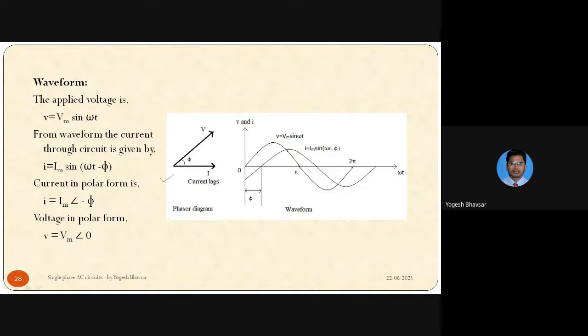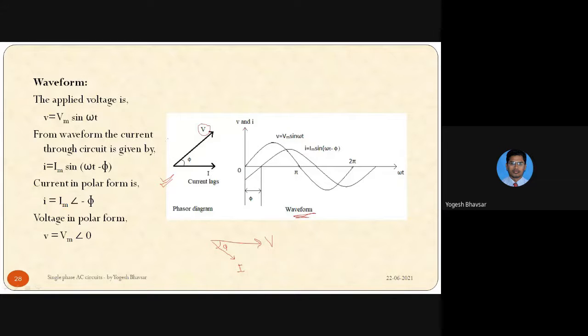Now with the help of this phasor diagram, what we'll do is reverse it. Initially in AC fundamentals, we saw how to draw the phasor diagram with the help of the waveform. But here we'll see the reverse, just for understanding: from the phasor diagram, we can draw the waveform. Now look at it. Let us consider voltage as the reference. We always consider voltage as a reference instead of current, even though it is on the x-axis. We can simply move this. We can have this V here, and this current here. The same thing, right? Any of these you can consider.